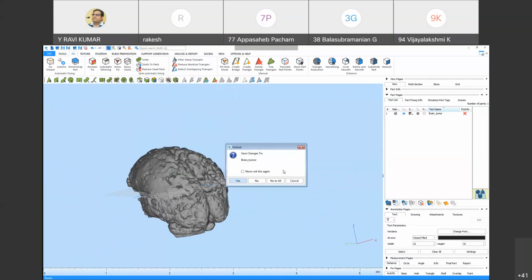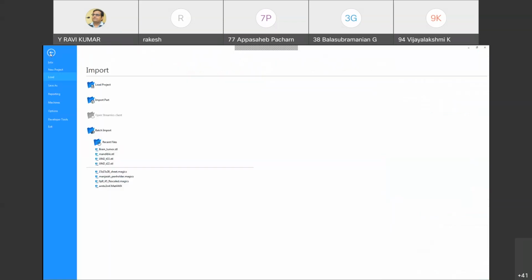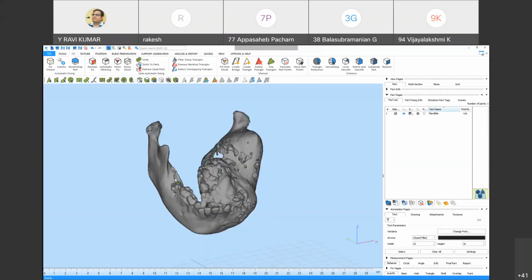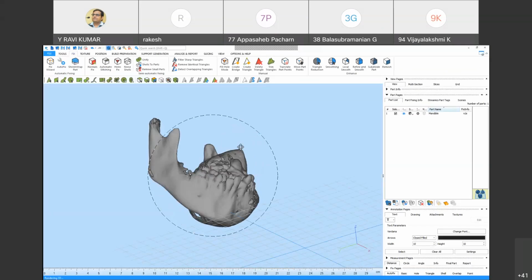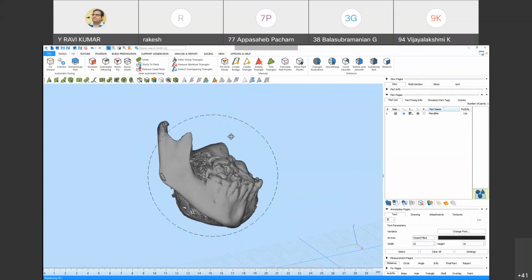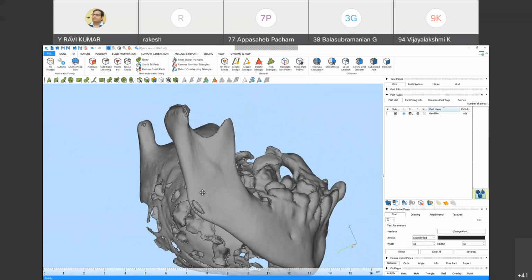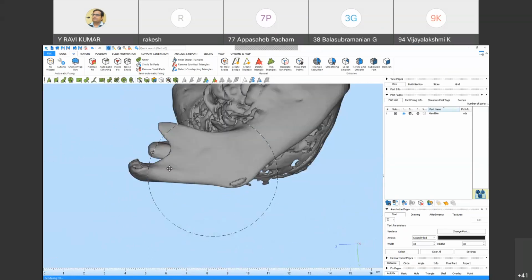Now we will go back to the mandible. Yes, this one. The surface finish is good, smooth.